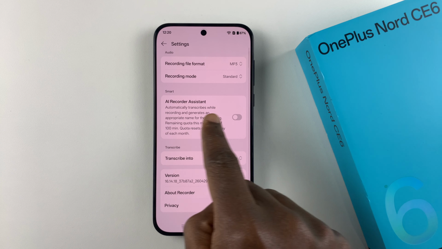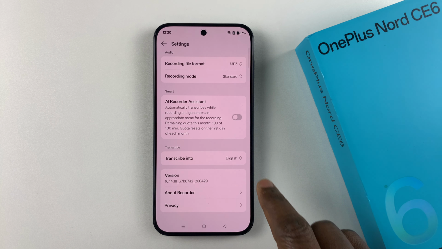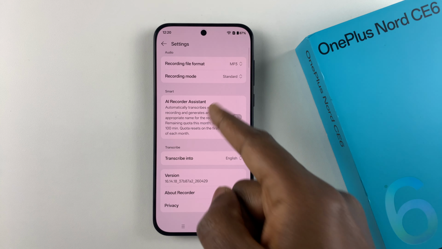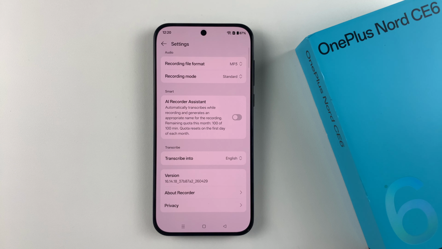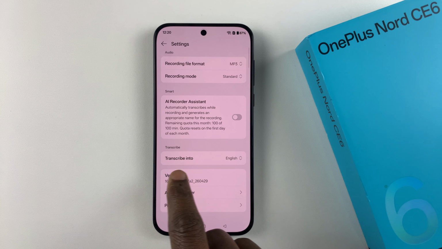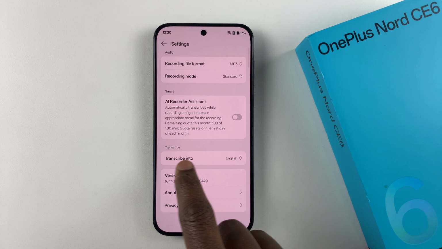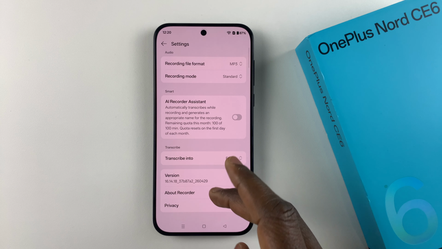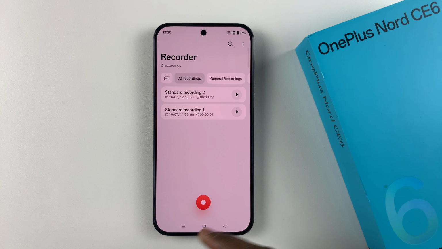You also have the AI recorder assistant that automatically transcribes while you're recording and generates an appropriate name for the recording, just as you've seen there as I was recording. You can choose to turn on this option or not. You also have the option to choose the language you want to transcribe into, and you can select whatever language you want. Now, going back